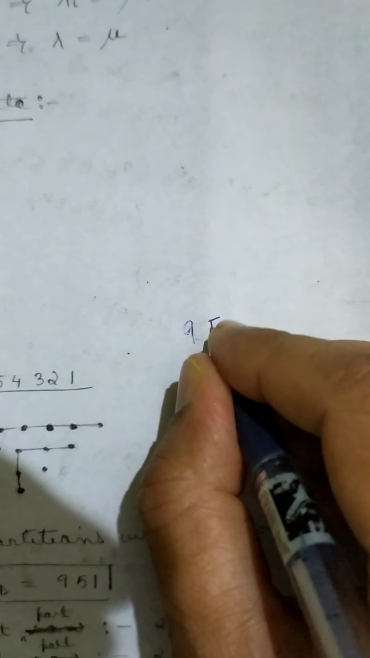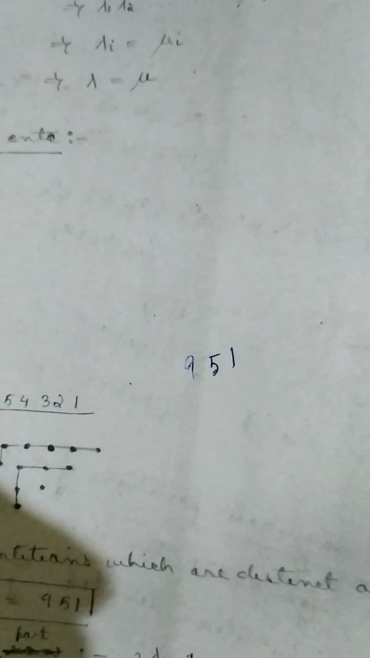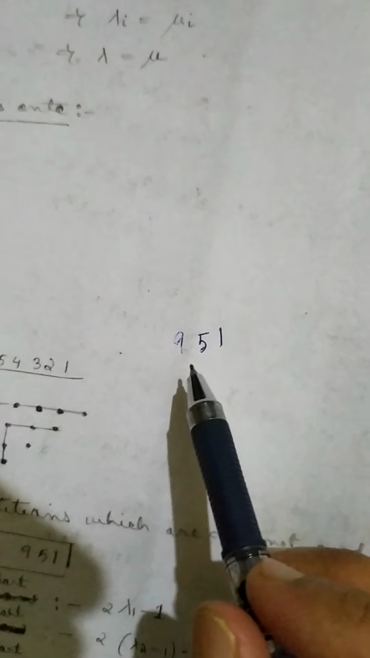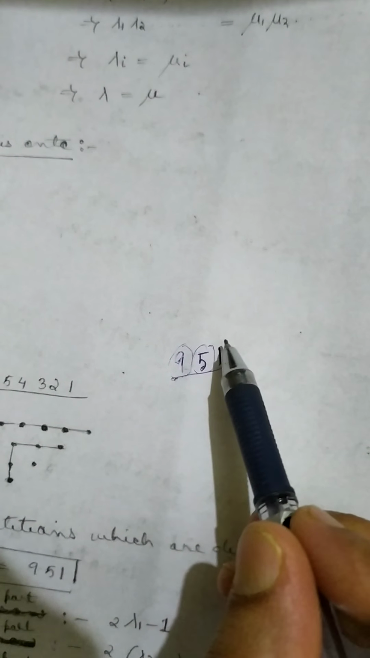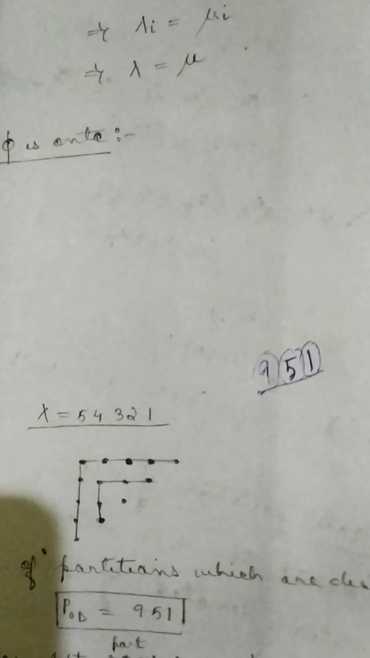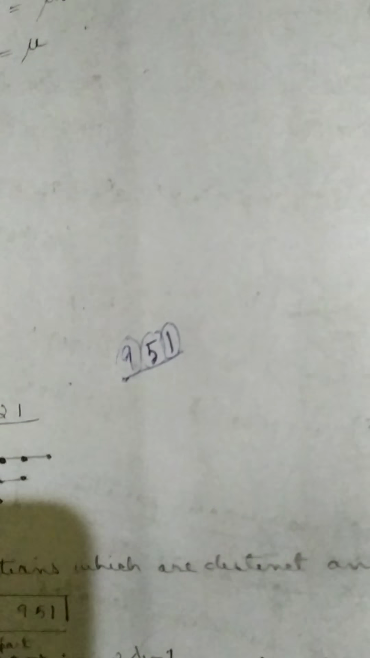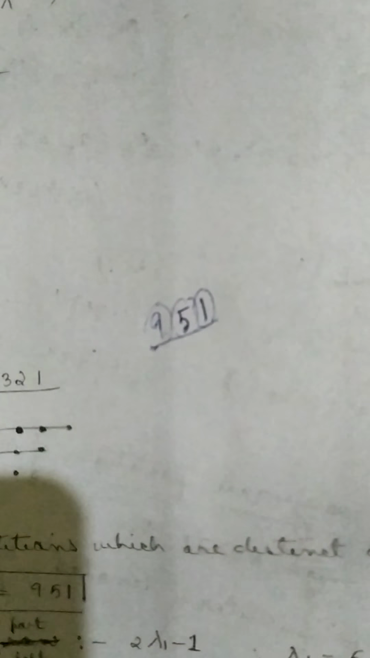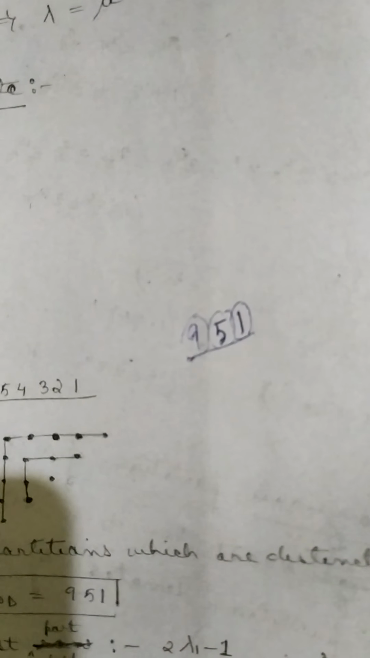9 5 1. So this is a partition of again 15, where the parts are odd: 9, 5, 1. These are odd parts. So there is actually a one-to-one correspondence between the self-conjugate partitions and the partitions of